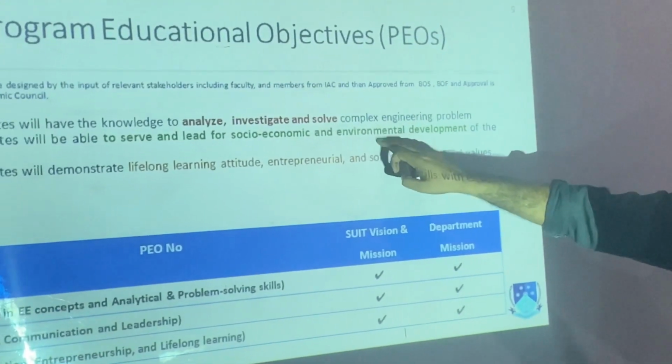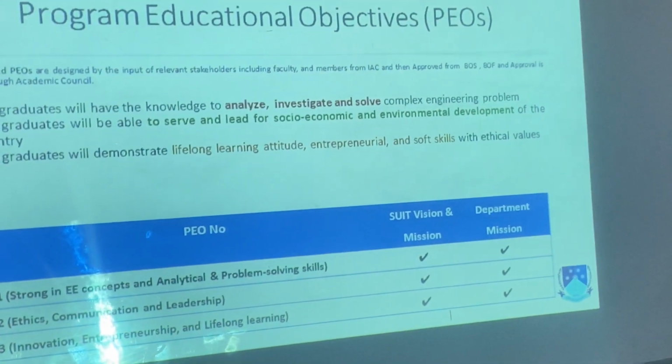So we have included syllabus content related to the environmental impact. For example, we have revised the syllabi of the courses power generation and utilization, power system protection, power system analysis, and renewable energy resources: eliminating greenhouse gases and carbon emission. Such syllabi we have paraphrased and incorporated into those courses, in order to encompass this environmental development.